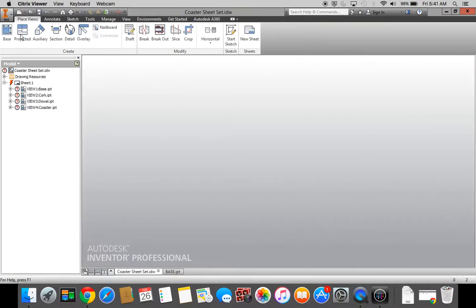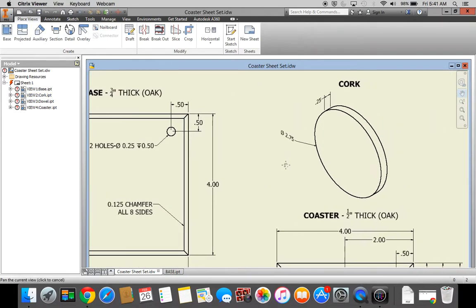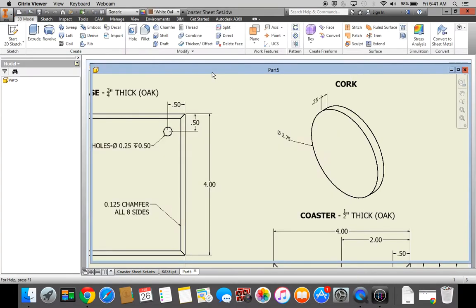I'm going to minimize it. I'm going to go next for my cork disc. 0.275 inch diameter circle, and it's extruded back 0.25. Let's begin. New, standard IPT,